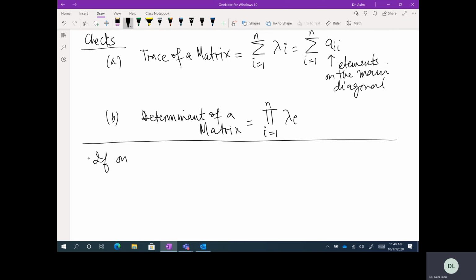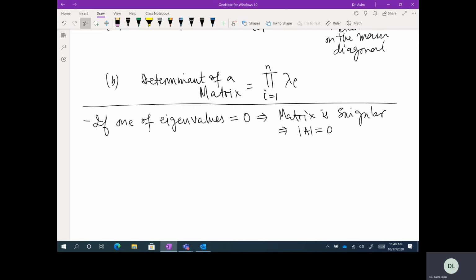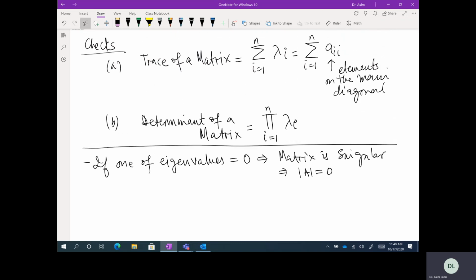So if one of the eigenvalues is equal to 0, this implies the matrix is singular. And a matrix being singular simply means that the determinant of the matrix is 0. Okay. And when we were doing these checks, I also told you about matrices which are positive definite, positive semi-definite,